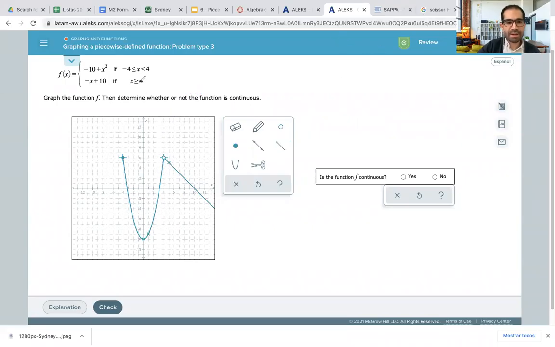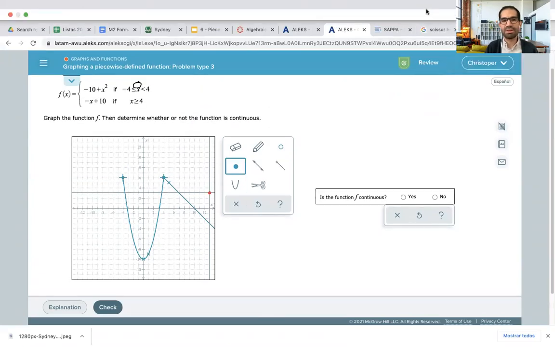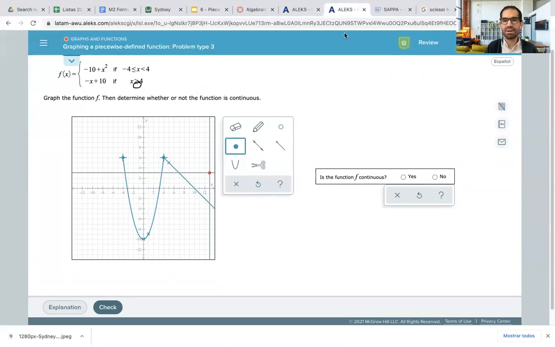And because I have an equal sign, I'm going to use the solid dot here, and it's going to fill the previous dot, and I'll have my graph. So that's for you to practice a bit, to try to get familiar with this, but that's pretty much how you would sketch a graph like